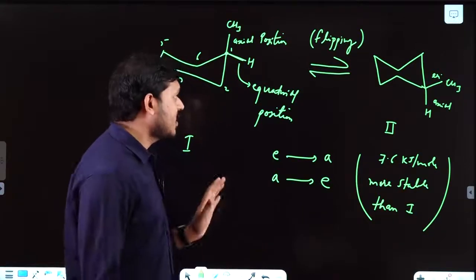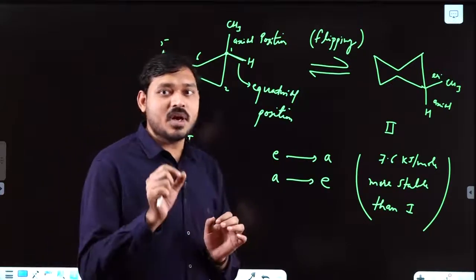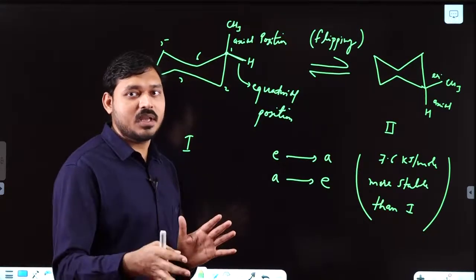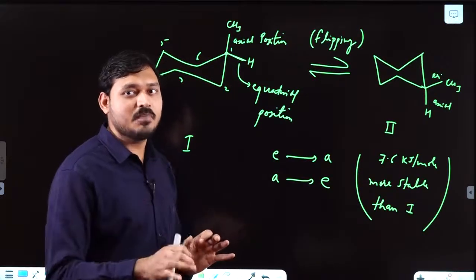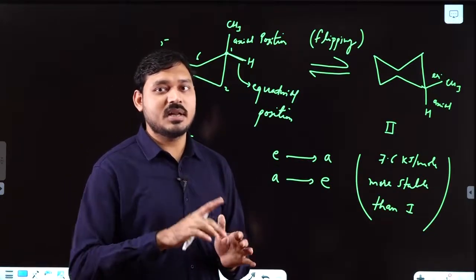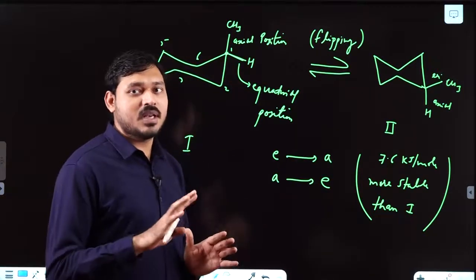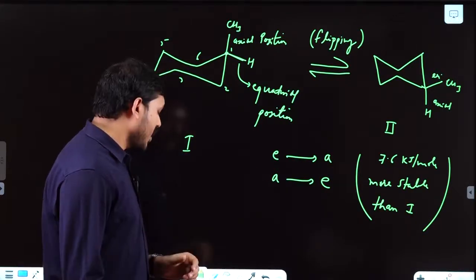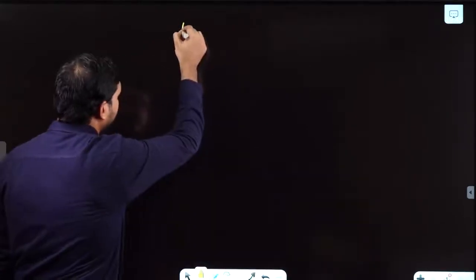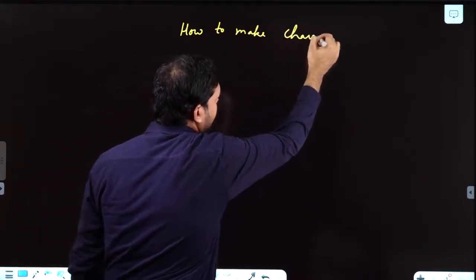Okay, so let's first learn how to draw the chair conformer. I'll be teaching you point by point, and you must observe first, then you must draw in your copy step by step, because this is one of the most important parts. If I look at the previous years' questions in JEE Advanced, JEE Main as well as NEET, there are certain questions which have been asked many times over many years. So it is one of the important parts. So learn how to make the chair conformer.